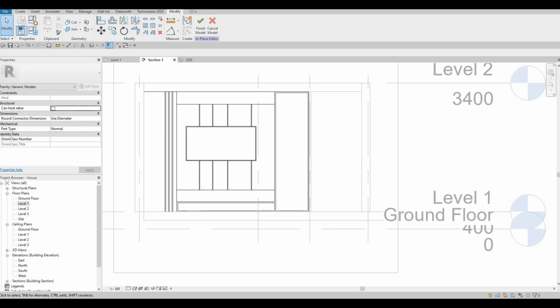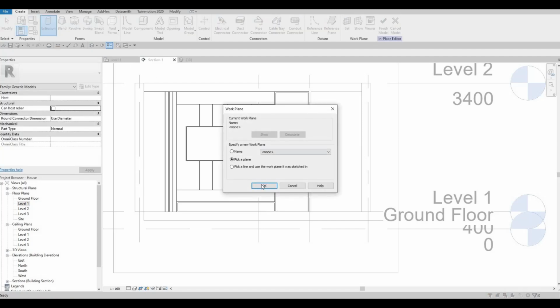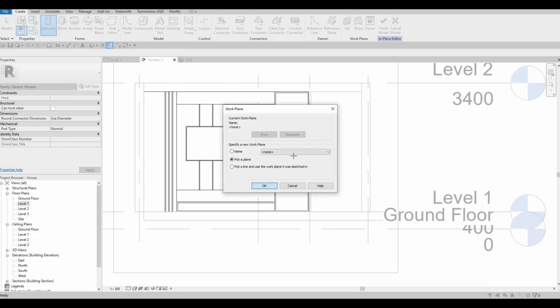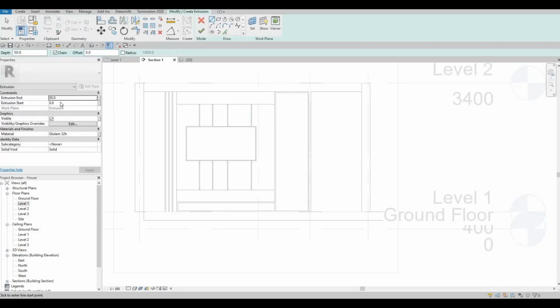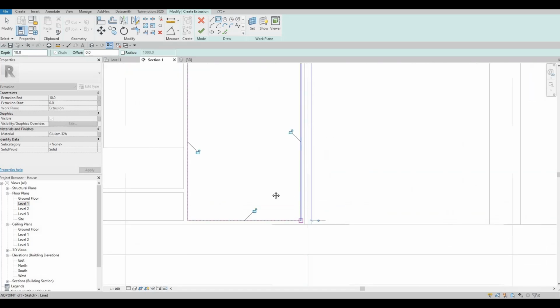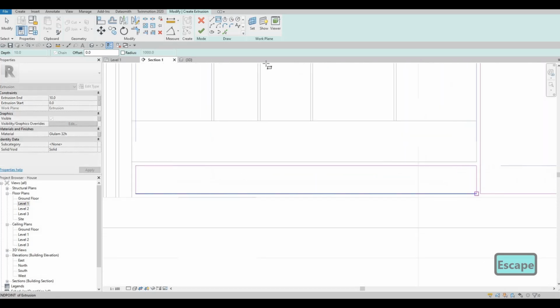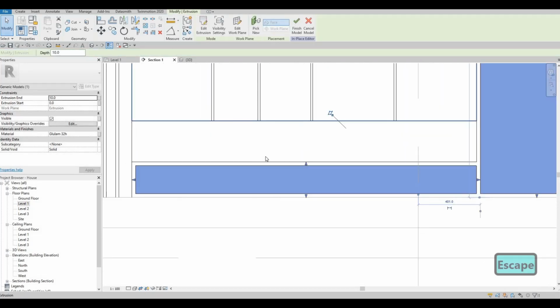So what we're gonna do is create extrusion. We can also add the same materials right here so that it looks much better. Extrusion, pick a plane, select this plane, and this one as well. 10. I'm gonna add it right here, and then add it on this side. Click finish,